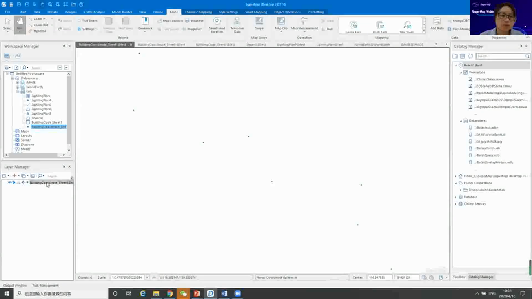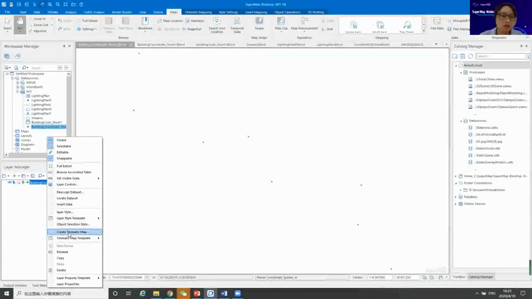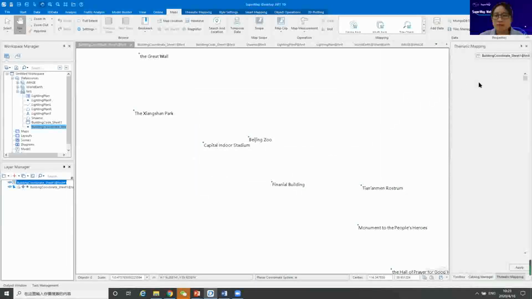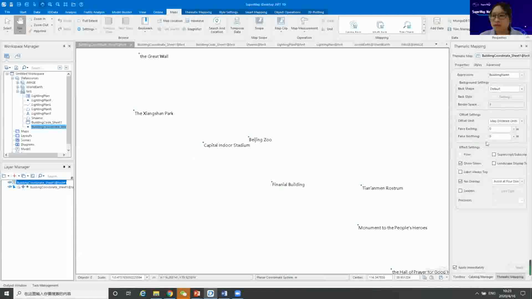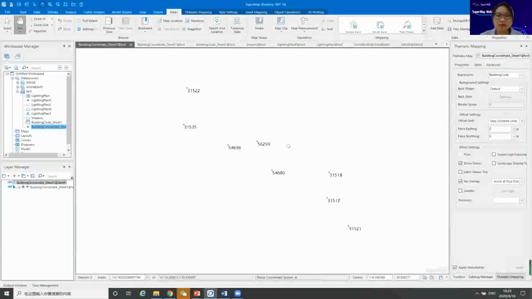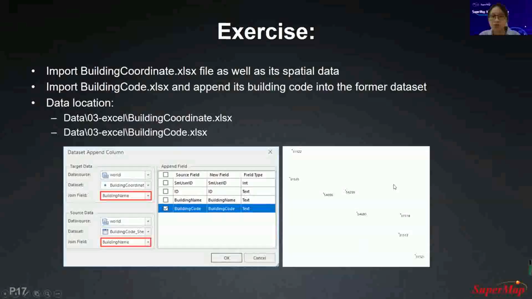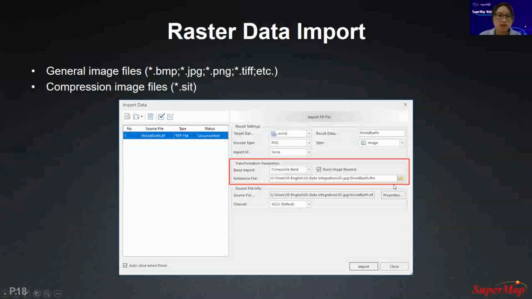So then we can show the code by creating a thematic unique map. We can select the building code. It would be like this. So then we continue. The next, the